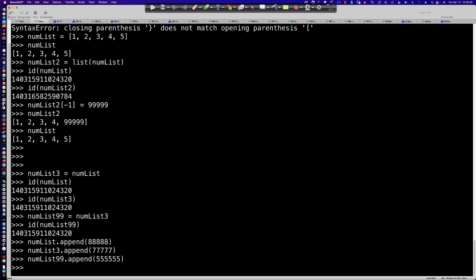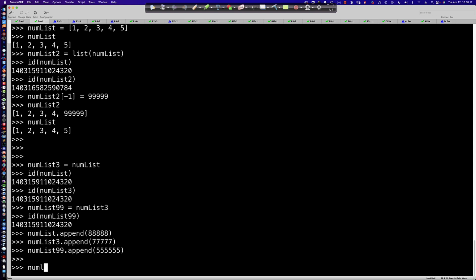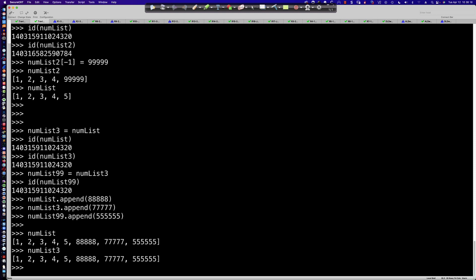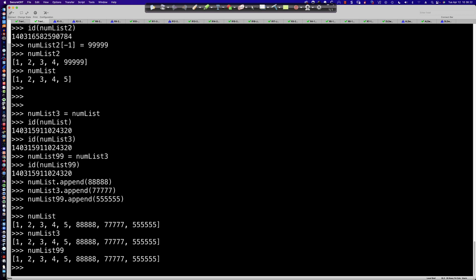Now the question is, did I just change the same list? So in other words, when I say numList, I do see the changes. What about numList3? Absolutely, because remember, those are simply references to the same list,